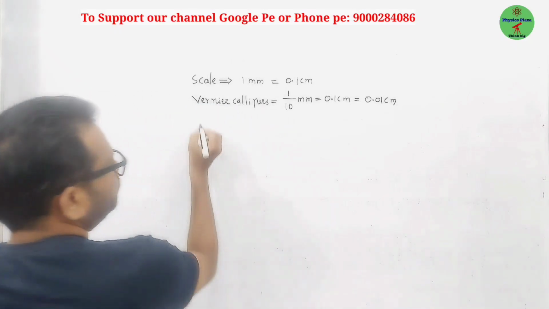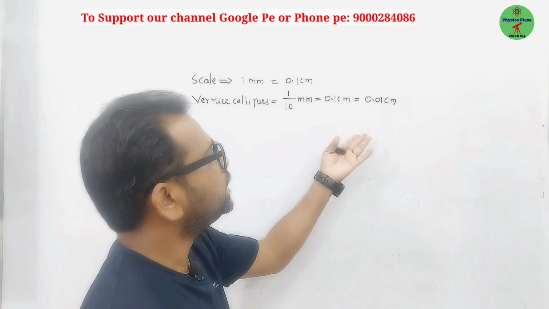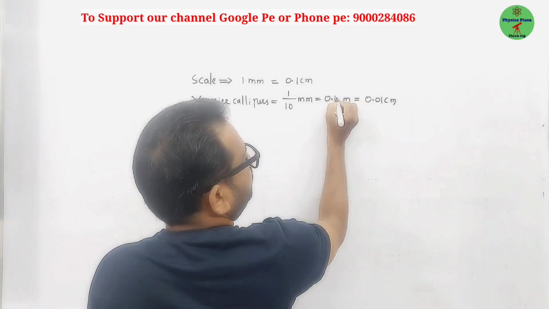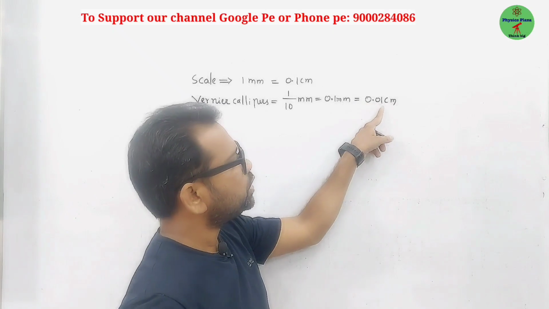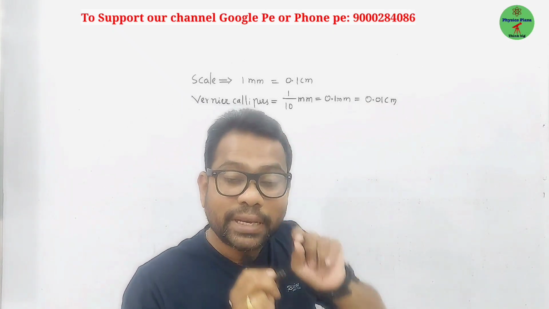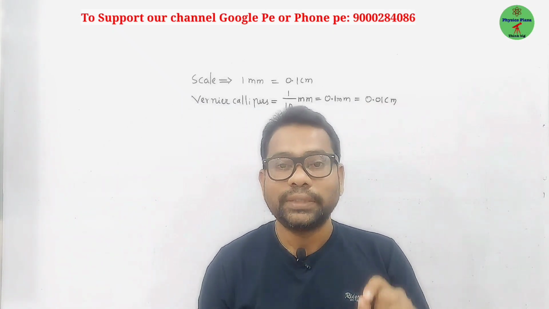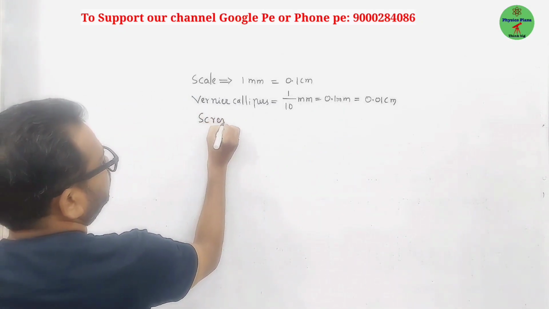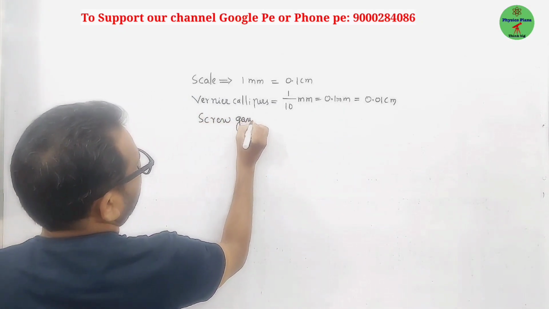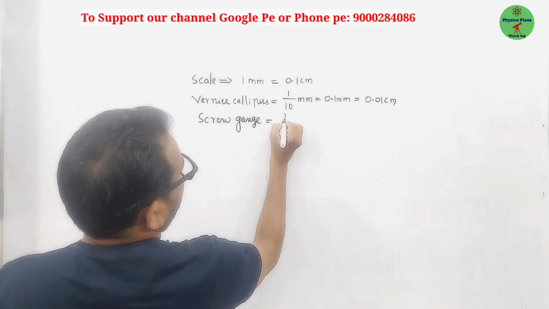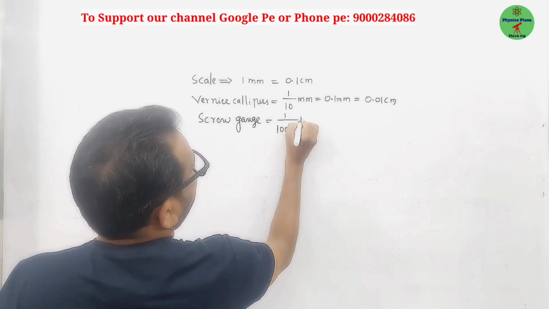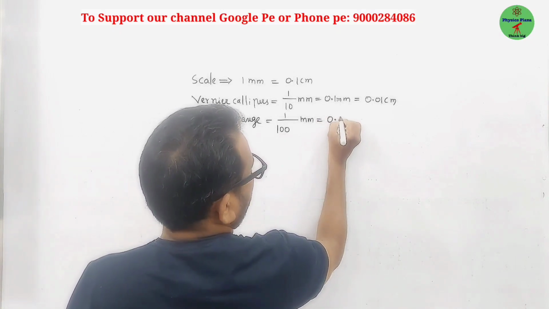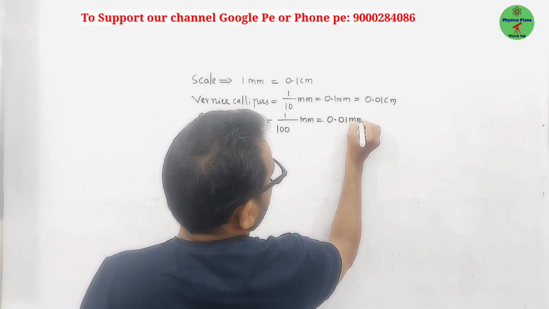Okay, fine. Now if you want to measure a length less than 0.1 millimeter or 0.01 centimeter, vernier calipers are also not useful. There we are going to use one more device called the screw gauge. What is that, children? Screw gauge. By using a screw gauge, we can measure the 100th part of a millimeter. So we can say 0.01 millimeter or